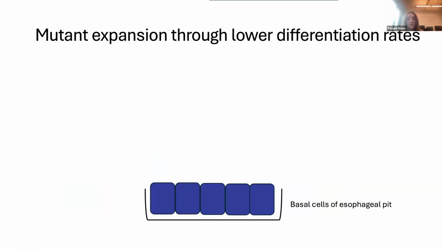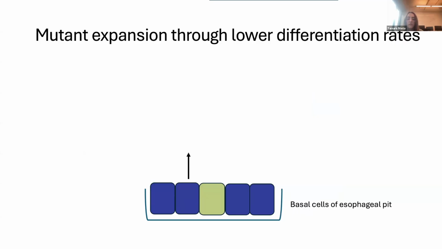And if this is the basal layer of the esophageal epithelium, some of these cells differentiate to maintain the outer layers of the epithelium in a process regulated by NOTCH1. And actually, the rate of differentiation can be interpreted as a death rate, as the cells that differentiate will eventually be shed into the lumen. A cell on the basal layer will then divide symmetrically to occupy the empty space. And during this division, a mitotic recombination might occur in a cell with a heterozygous mutation in NOTCH1, and this mutation will reduce the likelihood of the cell to differentiate.